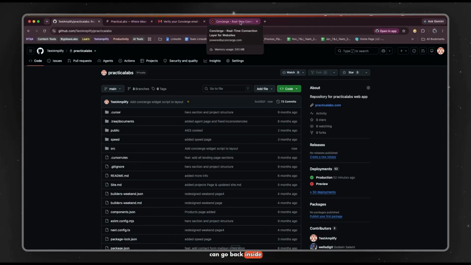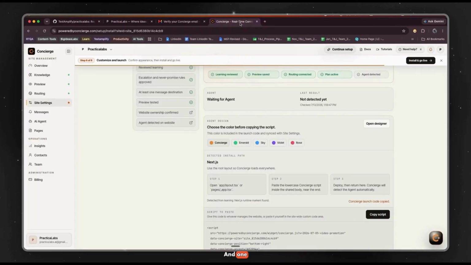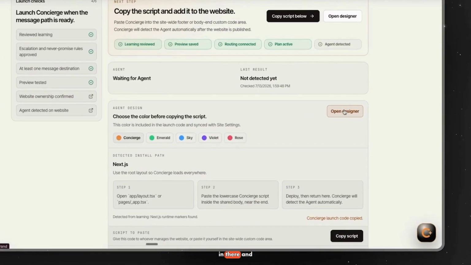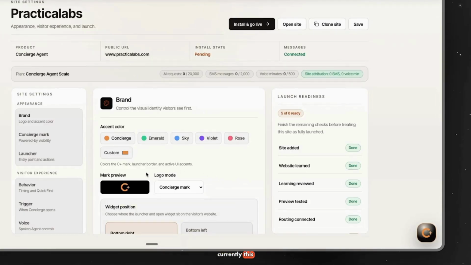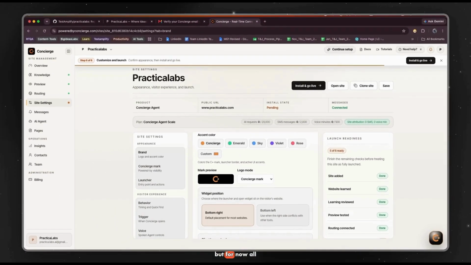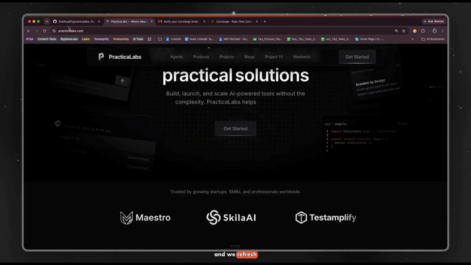Meanwhile, we can go back inside of our agent, and one of the things that you can change is the design. Currently this is the kind of color we're going to get, which is the original concierge color. But if we want it to match the site that we're trying to implement the concierge agent into, we just need to change the color to match. But for now, all we want to figure out is just launch, and that depends on how quick this is done. And we refresh, and as you can